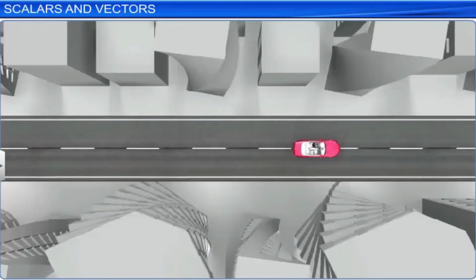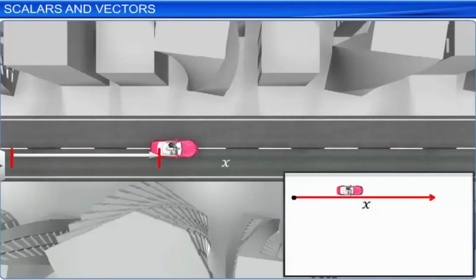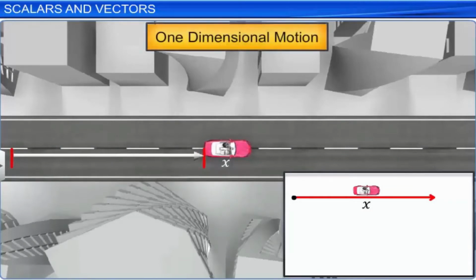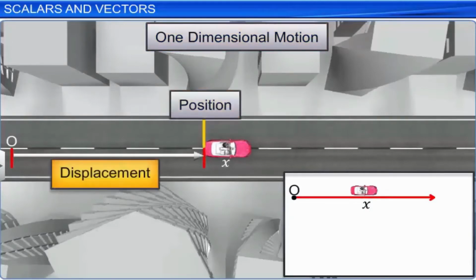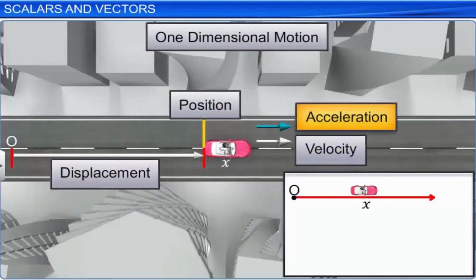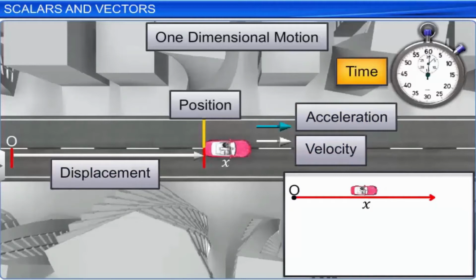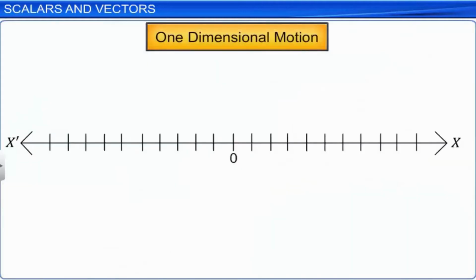In simple terms, rectilinear motion is a motion that occurs in a straight line. The motion of a body in a straight line is treated as one-dimensional motion. The description of motion of a body involves its position, displacement, velocity, acceleration, and time. In the one-dimensional or straight line motion of a body, you are able to represent all these entities on a